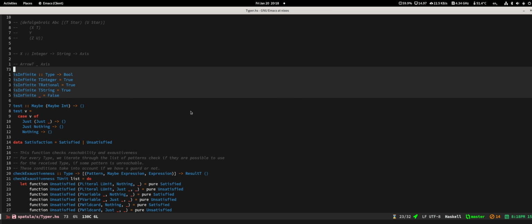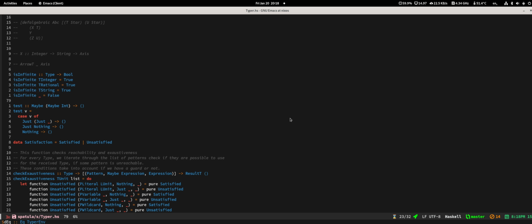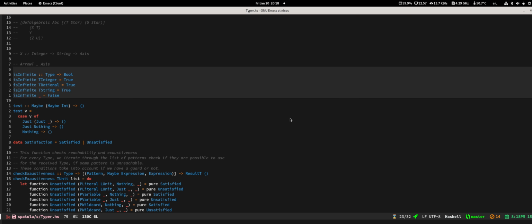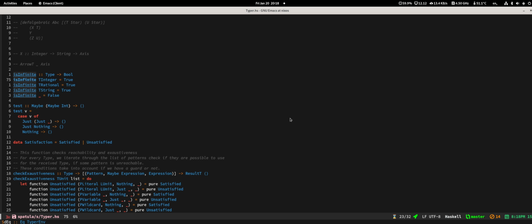Because it can only be infinite if we don't have dependent types. So I don't think you can make an alias or make an infinite set. So it's only primitives that can be infinite in our case right now. We don't have recursion as well to generate this. The easiest way is to just type this function. So if you are an integer, rational, or string,